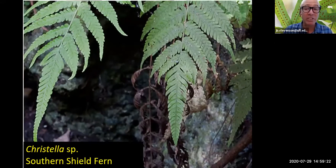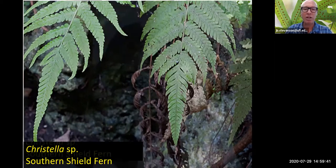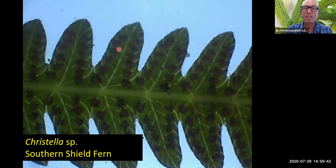The southern shield is probably the most widespread. Another name for this one is the widespread maiden fern. It has the characteristics of the maiden ferns, of very broadly triangular in outline, but an abrupt tip to the entire frond. You see how it just comes to a very acute tip. The secret for this one is not only the fact that the adjacent veins come off from the lowest point of